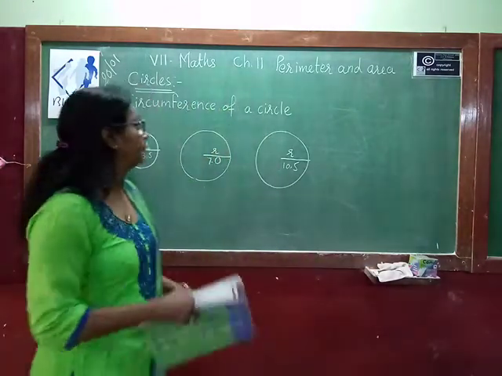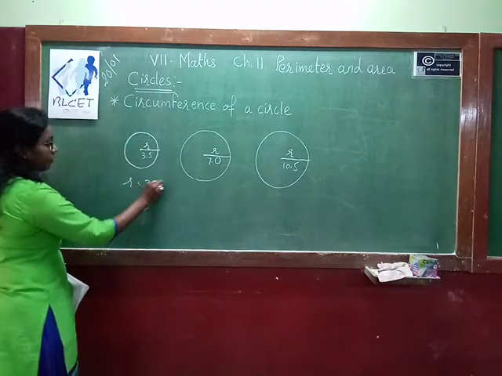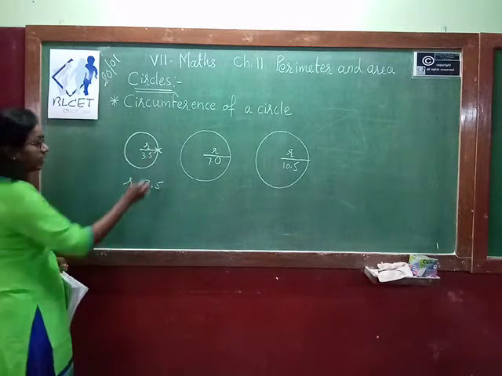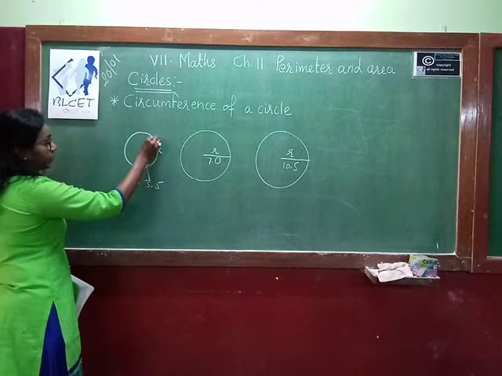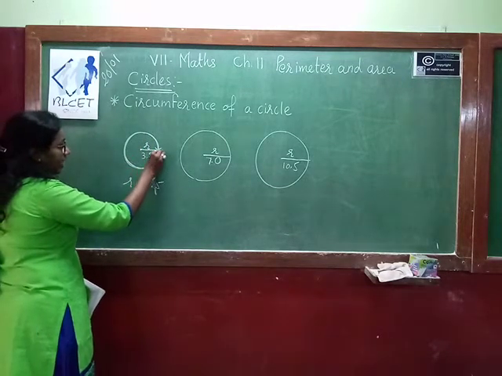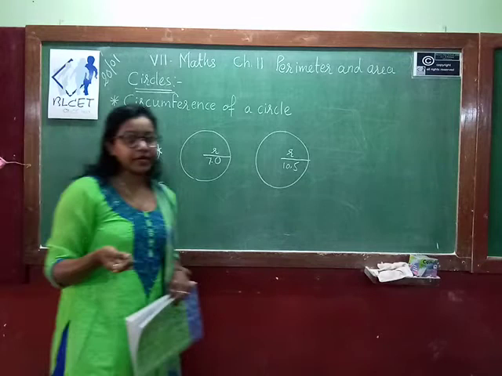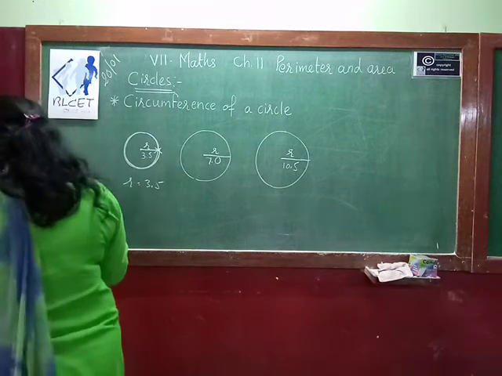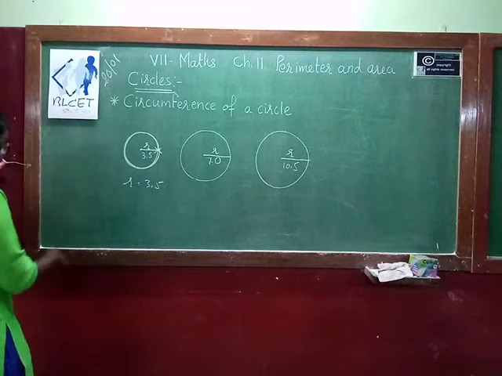Now what do we have to do? Radius is already known to you. Now we want to find the circumference. So what can we do from here? You can use the string to measure the total length of this circle. If you put the string like this, you just take a round of the string, and come back again to this position. Now what you have to do? Take out the string, and on the scale you can measure the length. So what is the length of that? If you measure the length, the total length is 22 centimeter.